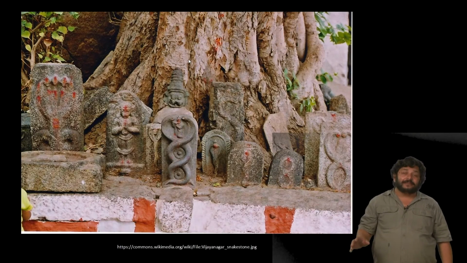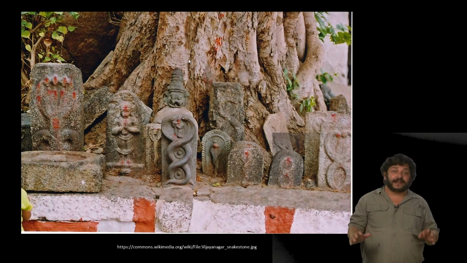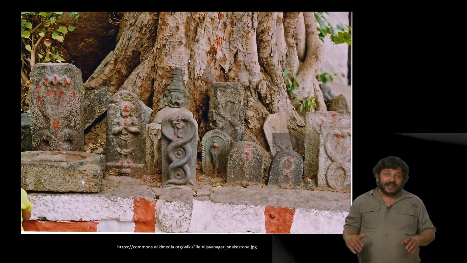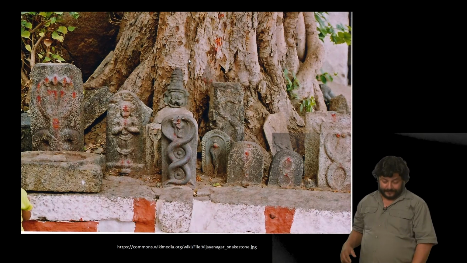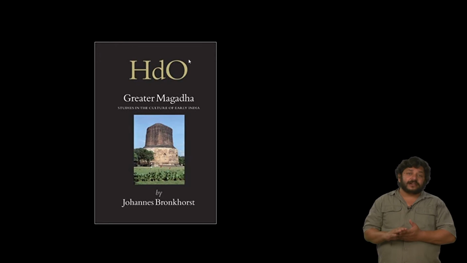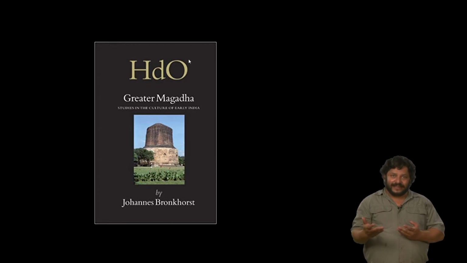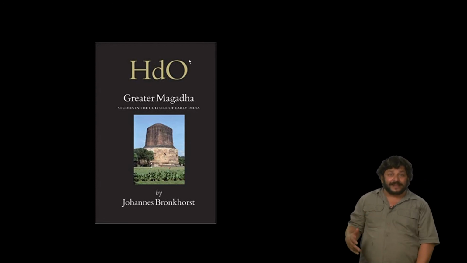In parts of India, before the movement of the Vedic peoples, there had been a number of autochthonous cults, most notably those worshipping serpent deities and forest deities called Nagas and Yakshas. And we do have traces of idols and imagery of these venerated deities. In fact, a scholar, Johannes Bronkhorst, wrote a book called Greater Magadha, in which the interactions of previous religions in India with the movement of Vedic culture is demonstrated quite nicely.